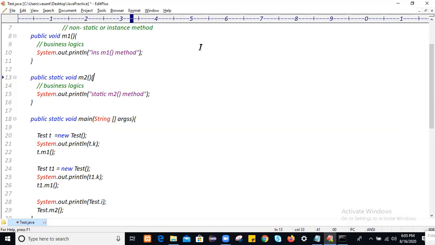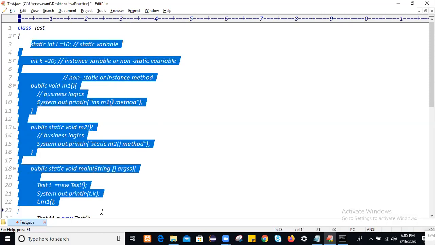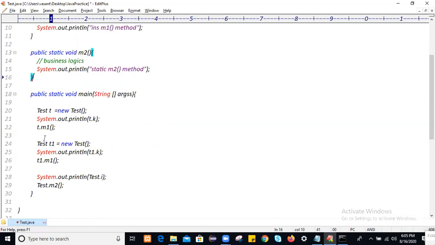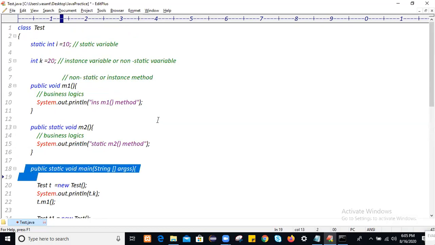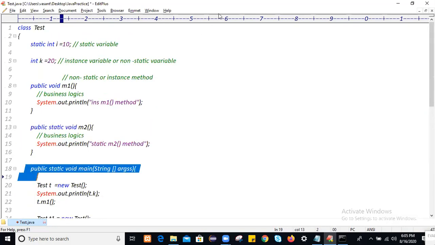Without a class, you can't create an object. We define static members of the class and instance members of the class within this class. How to write the logics of an application within this class area. From here the execution will start. Always remember that your Java application execution will start at the main method. Like that, we have discussed these things. I hope you get it. So let's stop here.